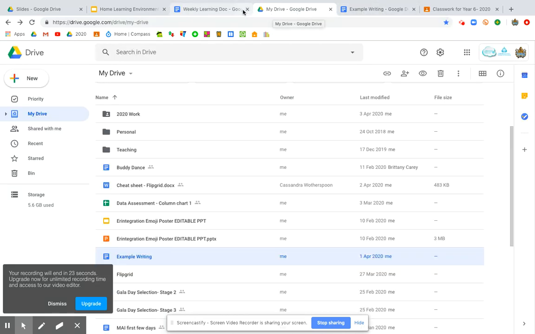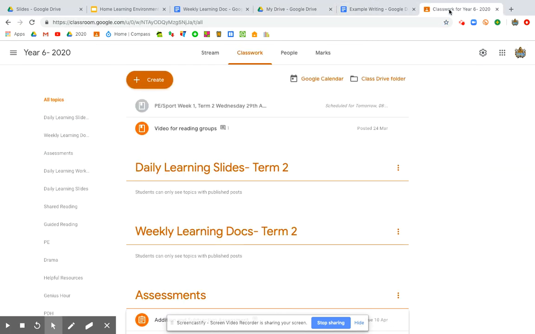Now, where can I access this from? What you will need to do to access this Google Doc is go to Classwork. Underneath here where it says Weekly Learning Docs, Term 2, that is where you will be able to access it, and every student is going to have their own copy. That means that you won't be working on somebody else's work, it'll just be your own. So Mrs. Jarrett and I can go through each day and see the work